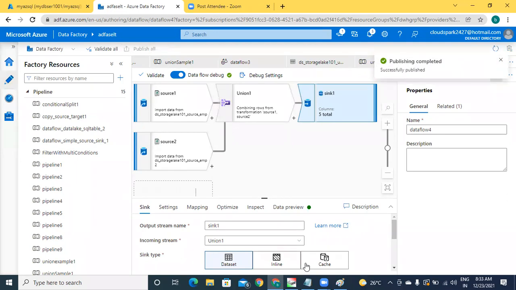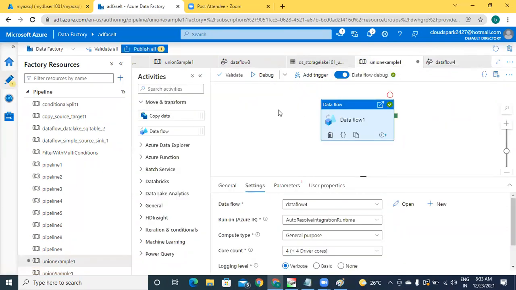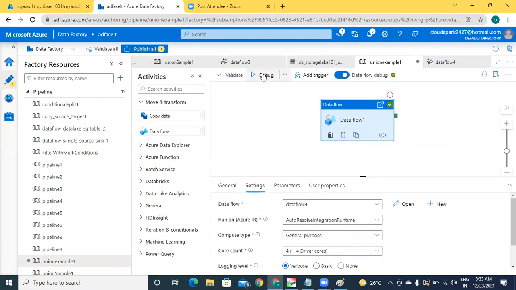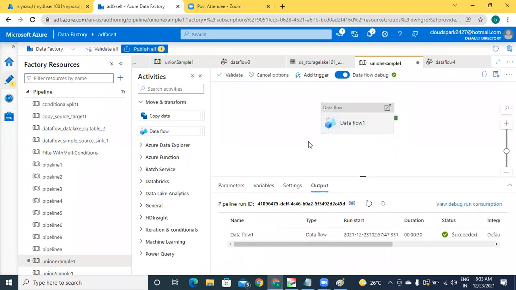So publish successful. Now I'm going to run this. Validate and then debug. It may take minutes time.